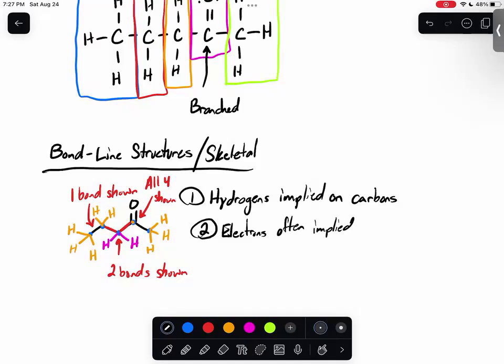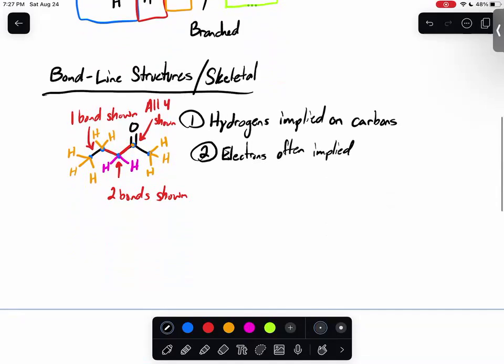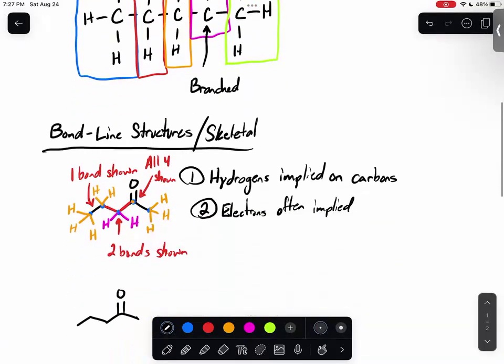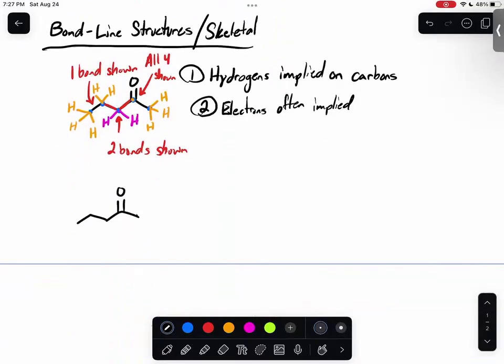So once again, this is a situation where I'll redraw the structure so that it is no longer as messy. If you remember in Lewis structures, we always draw in these electrons here, right? The ones on stuff like the oxygen, we always show. But in something like a skeletal structure, we actually just imply them. We're assuming everything has an octet. And essentially, if something doesn't have an octet, we will show it. But since we don't think that's going to be much of a problem, we just imply that